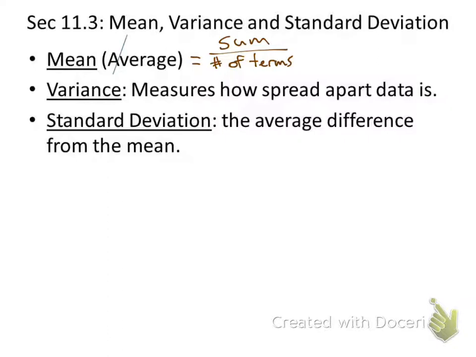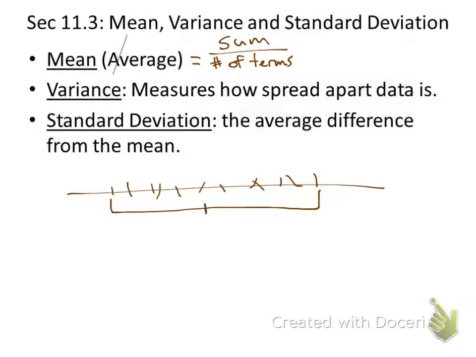Now the variance and the standard deviation are two ways we determine how far the numbers actually are from the average. So let's think about a number line, and let's say I have a whole bunch of numbers spread out on there. Now the mean is going to be the middle, the average of those values. It may not be in the exact middle, that'd be the median, but it'll be close. So we have the mean there, and let's say we have a set of data that has the same mean,